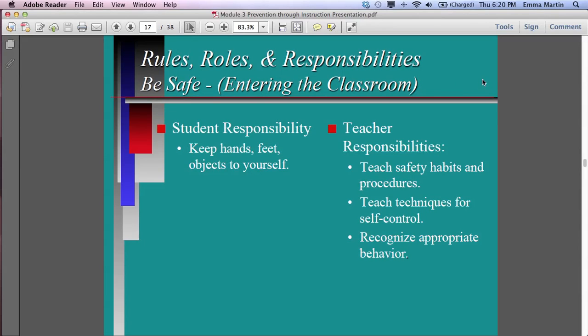So here's an example of entering the classroom. The umbrella rule or classroom school-wide rule is be safe. In our classroom, be safe means when you enter the classroom, you keep hands, feet, and objects to yourself. As a teacher, my responsibility is to teach safety habits and procedures, to teach techniques for self-control. What do I do to ensure that my hands and feet and objects are to myself, and to acknowledge appropriate behavior when I see it